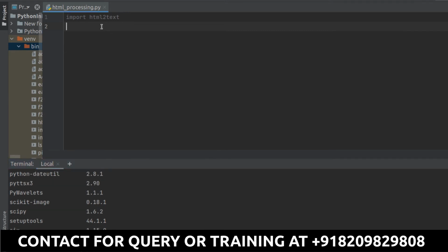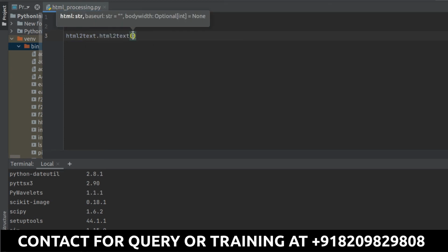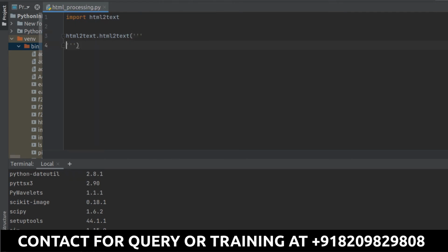Now let me show you how exactly I can convert the normal HTML text to the simple text, right? So to do that, I will be simply calling the functions. I will be simply calling the methods from there. So you can see html2text dot. So the function is html2text. I will be calling it, and the first thing is HTML. Whatever HTML tag you have, whatever HTML code you have to type in here, and based on that we will be doing it. Now over here, just pass the string which is containing the HTML, right?